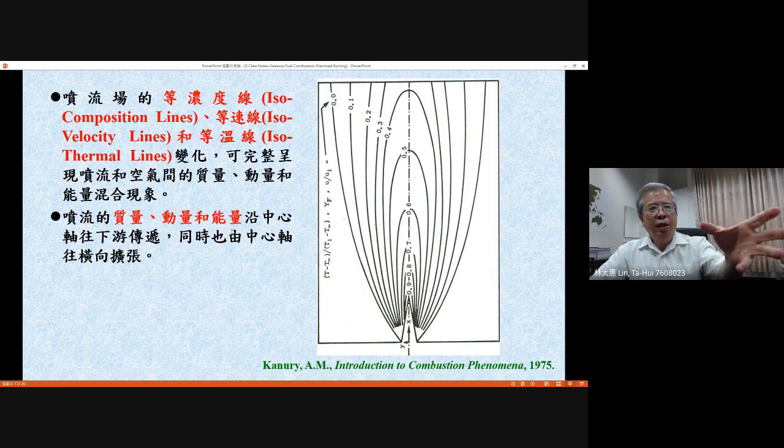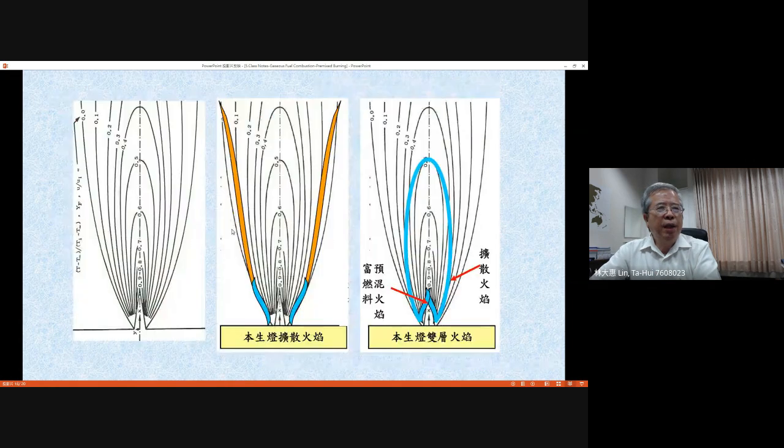Now, if this is the cold flow structure, what do we think about when you ignite it? Where is the premixed flame? Where is the diffusion flame? Now we try to give you some comparison here. When you look at these three figures, the left-hand side shows we have some cold flow study, and you can see there is the potential cone, and also some iso-velocity lines, iso-temperature lines, and iso-concentration lines. Now, when you refer to our experiment on flame transition from diffusion flame to premixed flame,